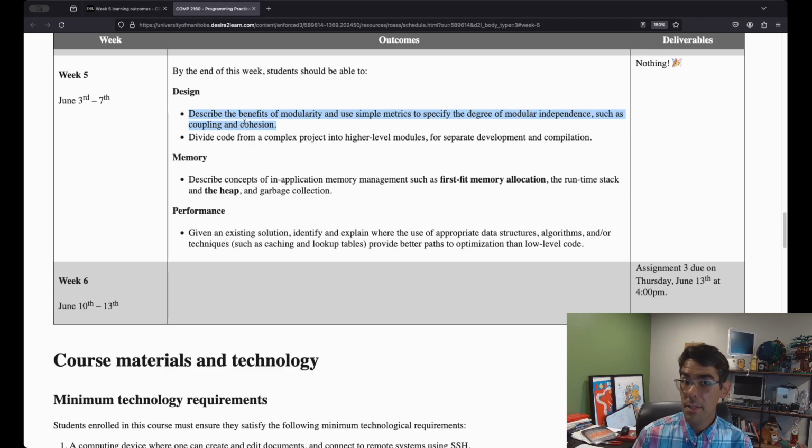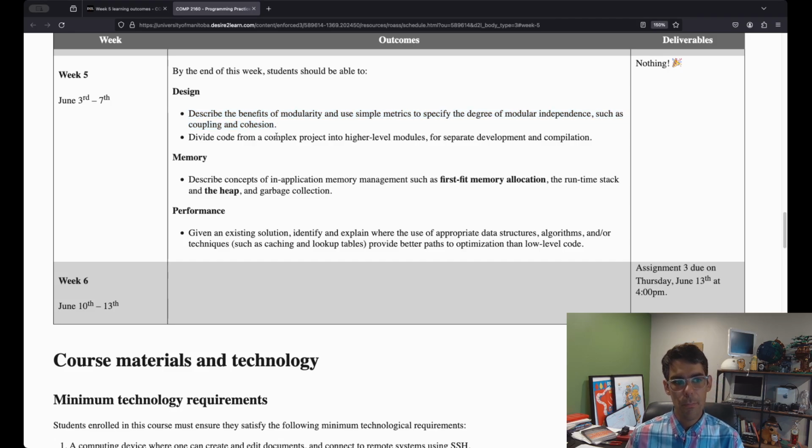This upcoming week in class, I'm going to show you some examples of code, and I'm going to ask you the same question. In terms of what you might see on a final exam, you might see code and be expected to answer the same kind of questions. So whether it has high or low coupling, whether it has high or low cohesion, but then also being able to explain why that's the case. It's not enough to just say that this has high coupling, but you have to explain why this thing has high coupling or why these two things have high coupling when they're connected to each other.